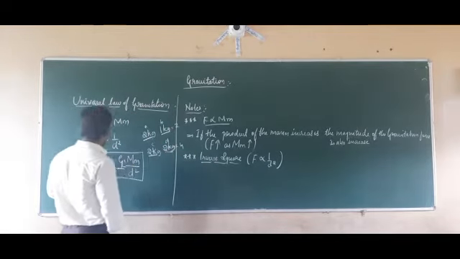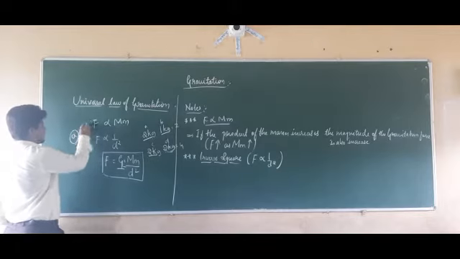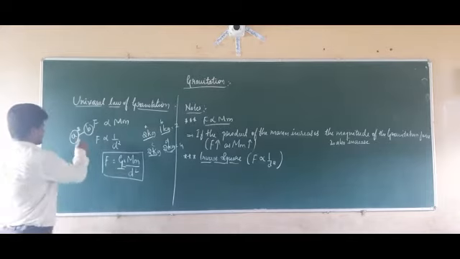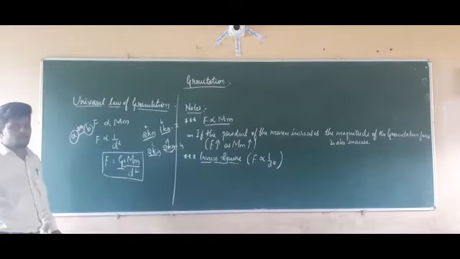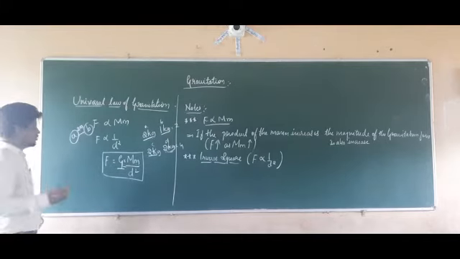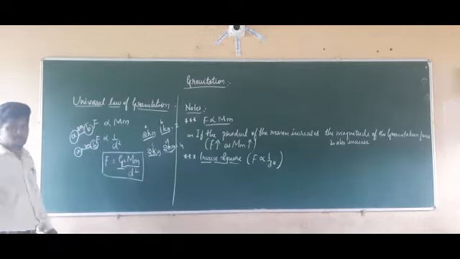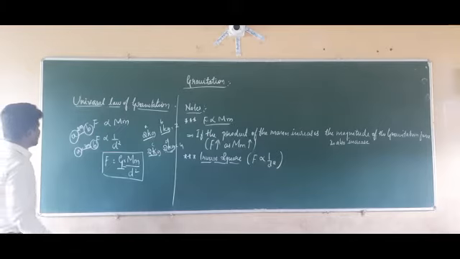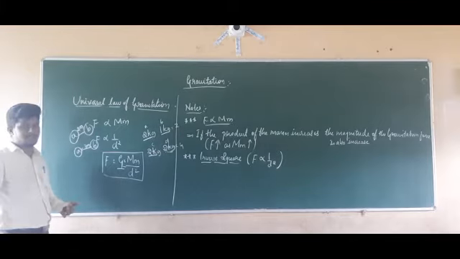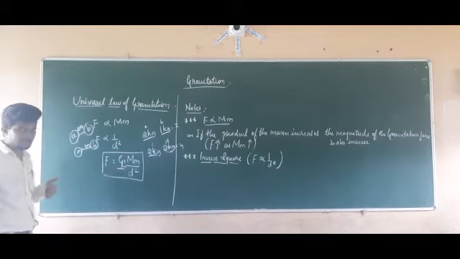Let A and B be two bodies that are apart by a distance of 2 meters. Now both the objects move away from each other, so the distance between A and B becomes 3 meters. The magnitude of the force is going to decrease by the square of this thing.